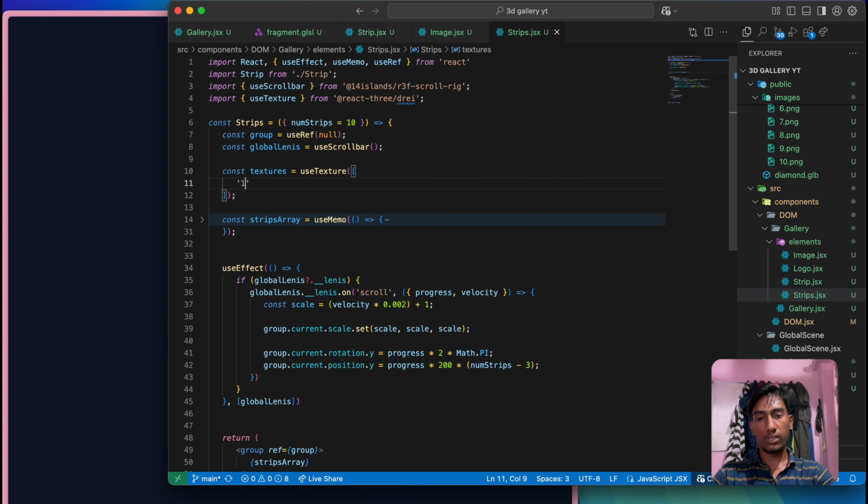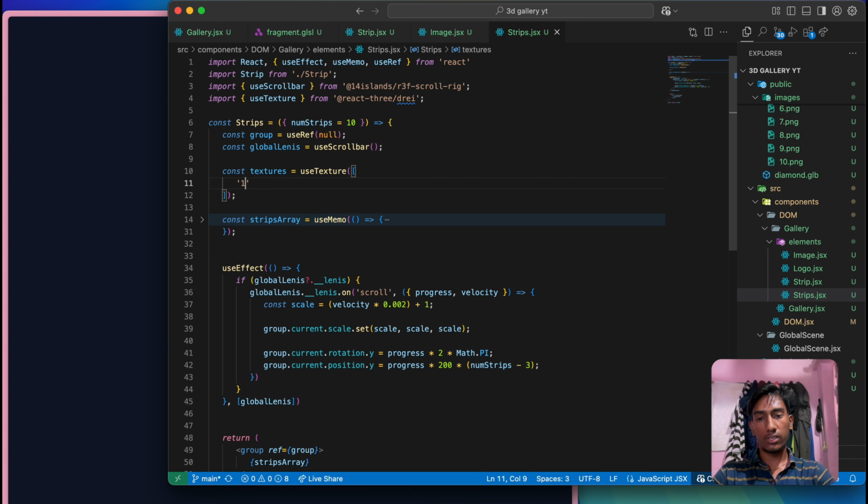So if I just log the textures, you can see this is some array. This gives me all the textures here, but I don't need them. I need a random texture. So I'm just going to get const random texture equals gsap utils dot random, and if I just pass the textures here and log the random texture, you can see I'm getting all the random textures for everything, and you can verify that by looking at this UUID, and it's different than this one. Yeah, so let me just pass the random texture here.